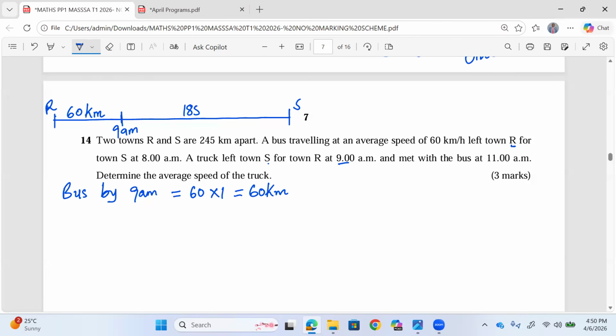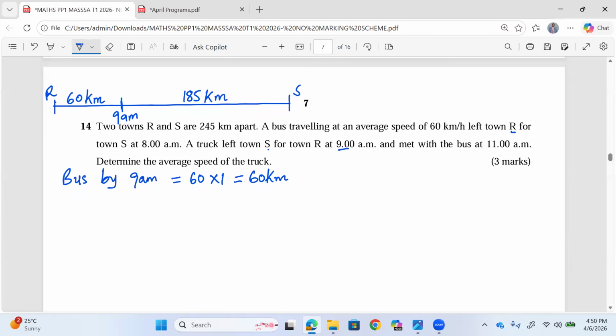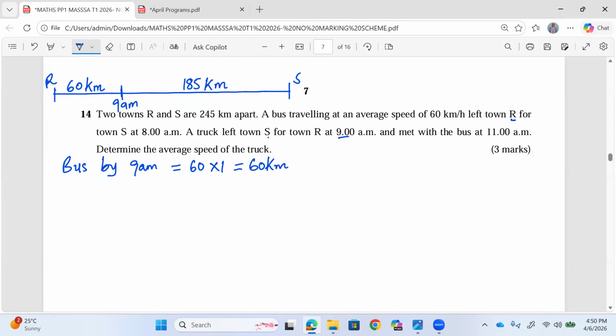So the distance between them by 9 a.m. is 185. These two vehicles are going to cover the distance jointly for them to meet. So they have to narrow down the distance of 185 to 0, meaning that they are covering the distance jointly,